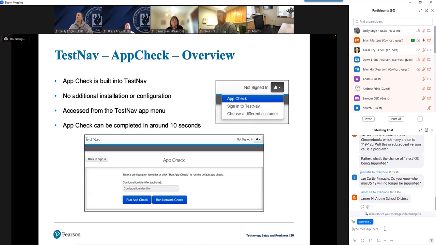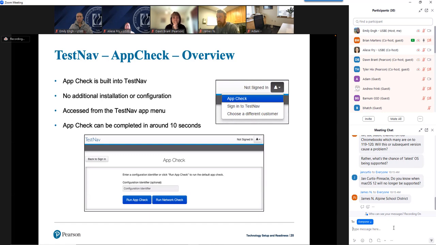Disregard the configuration identifier field. That's no longer needed for Utah. It takes 5-10 seconds, something like that, to do this on a device. Basically, it will check to see if there are any prohibited services or prohibited applications running. It will check to see if it can connect to the testing server and if it can lock down the device in kiosk mode.